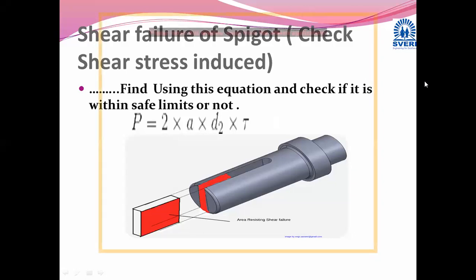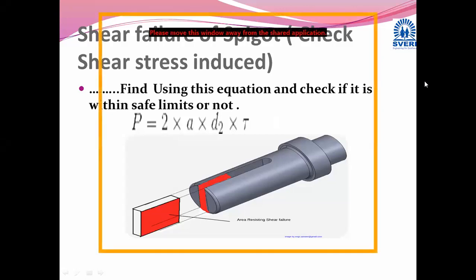So we have seen in the previous lecture the crushing failure of spigot, in which we have directly calculated the crushing stress, that is nothing but compressive stress, and